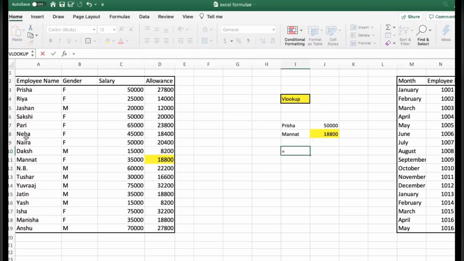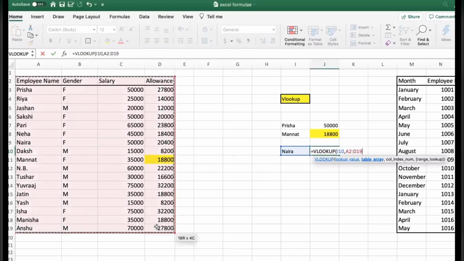Okay, I will go with Naira. So what we have to do? VLOOKUP, and then we have to take the value for which we are looking for. We are looking for Naira. And the next one, we will do table array. It means from where you want to find the information. From this table, please give me the information.